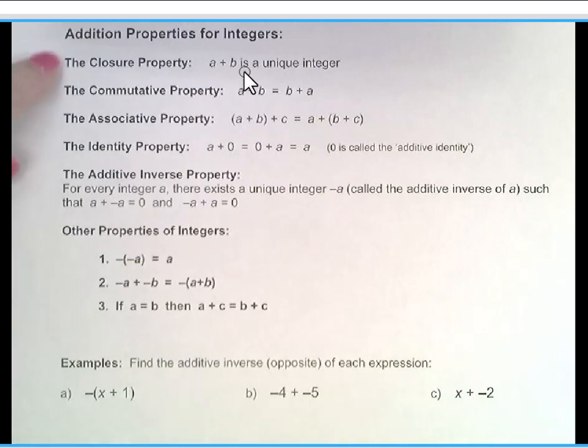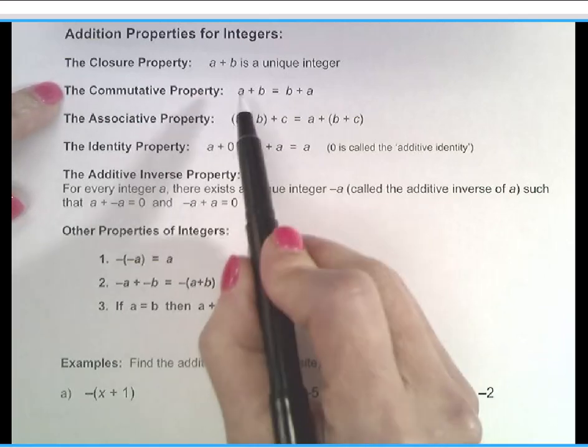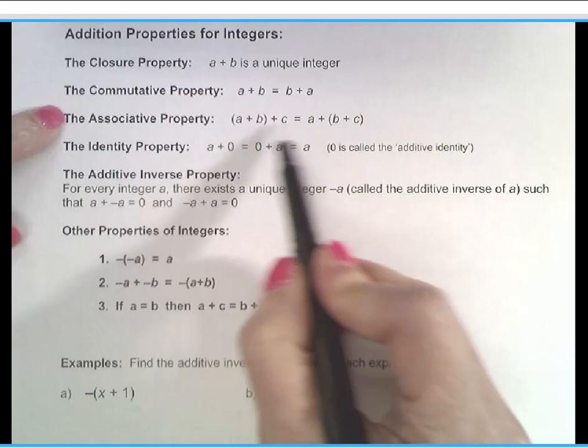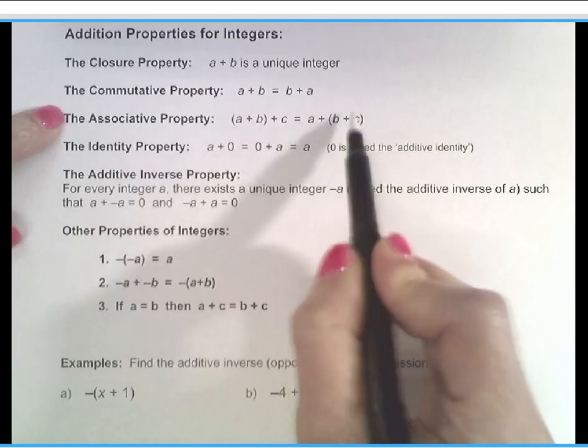We have the closure property, which tells you if you add two integers, you are guaranteed to also get an integer. So the set is nice and closed. The commutative property, remember that's the one where the numbers move, they change order. So a plus b is the same thing as b plus a. The associative property is the one where the order of the numbers doesn't change, but just the parentheses and who's